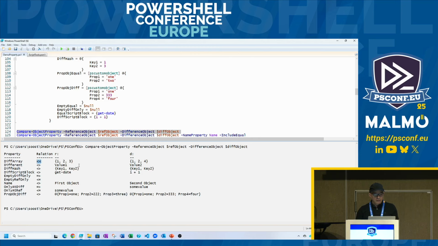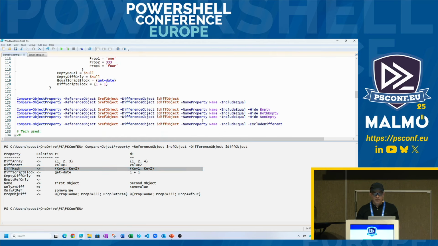And you can see it detects all these different types of properties, both the arrays, hash tables, and so on. So in diff hash, you can't really see, even though the keys are the same, but the values behind those keys are different. So this is why this is included in this list. Of course, you can include